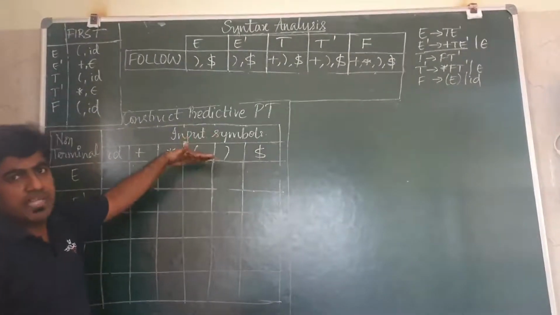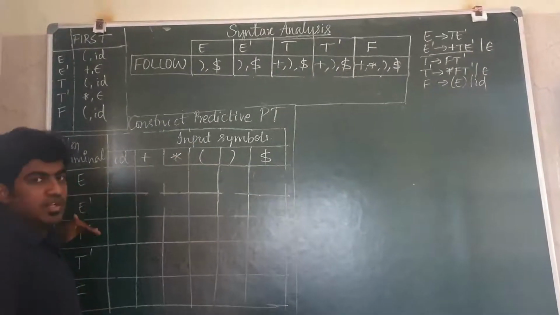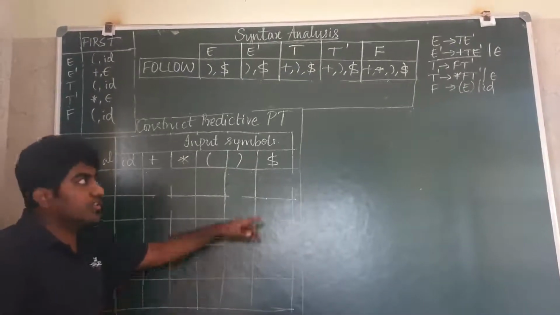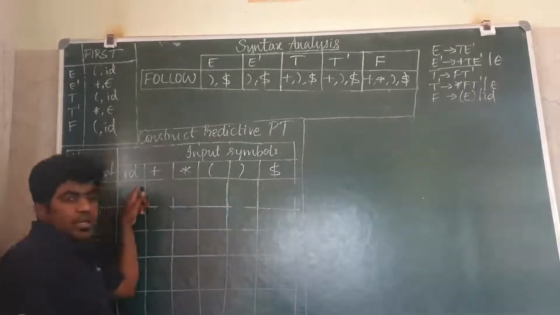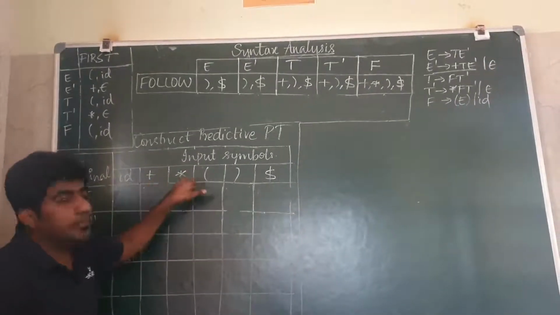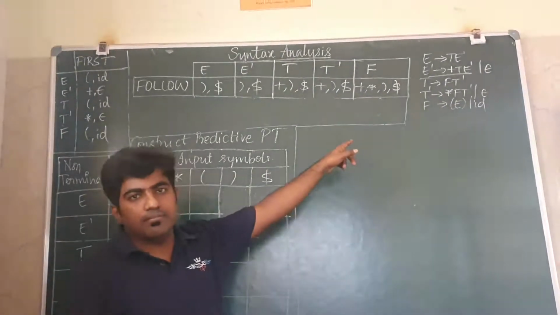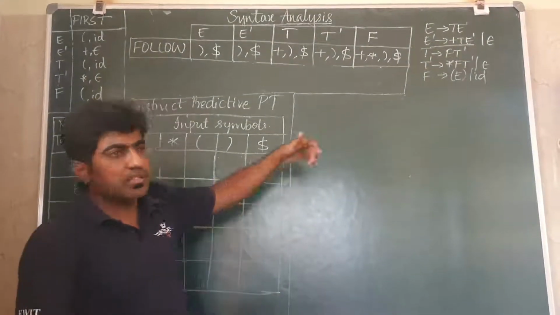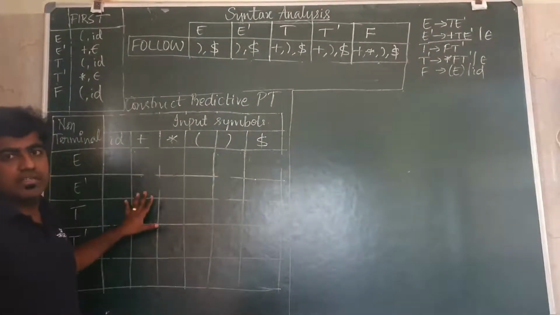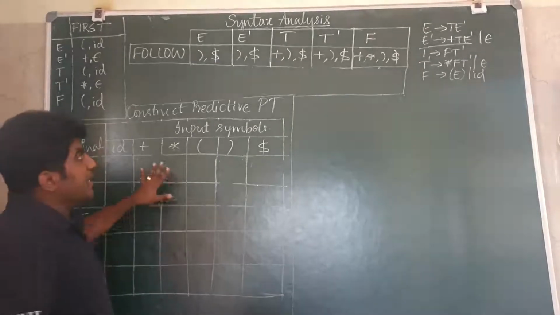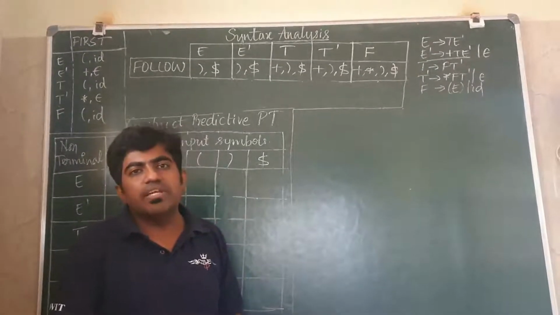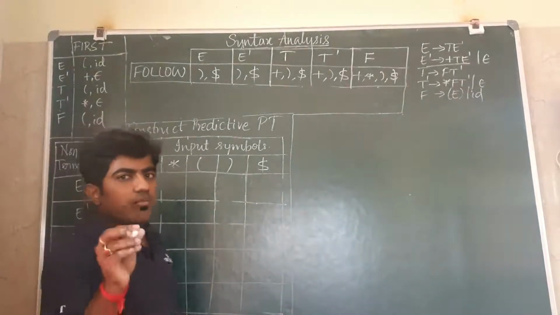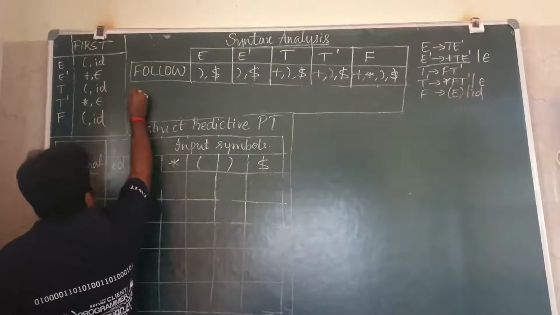In the predictive parsing table, in the horizontal rows we include all the non-terminals present in the given grammar, and as vertical columns we include all the terminals used in the grammar. You know the meaning of terminals and non-terminals. Understood? We have to fill this now. How? What is the criteria for filling? Again, we have an algorithm for computing the predictive parsing table. It is important. We will consider the productions one by one and fill the table.